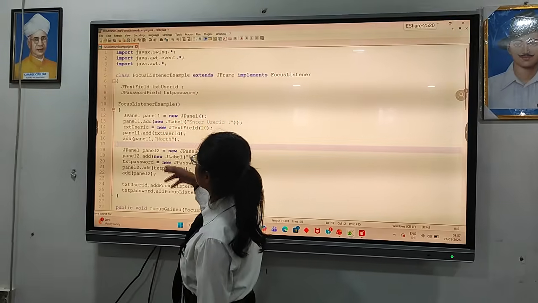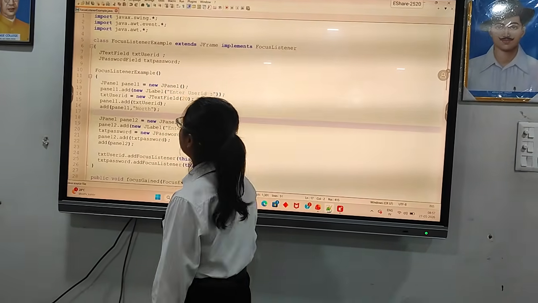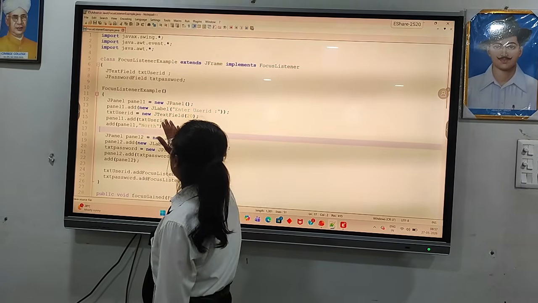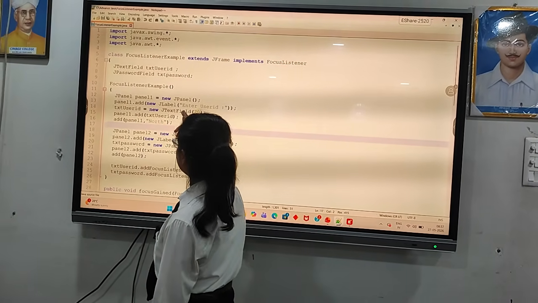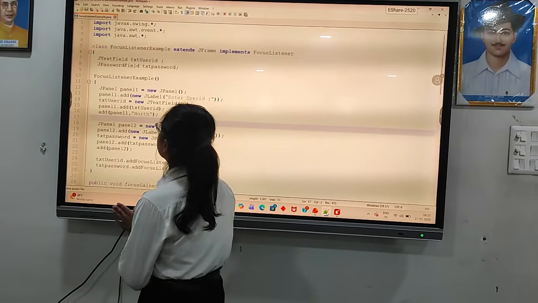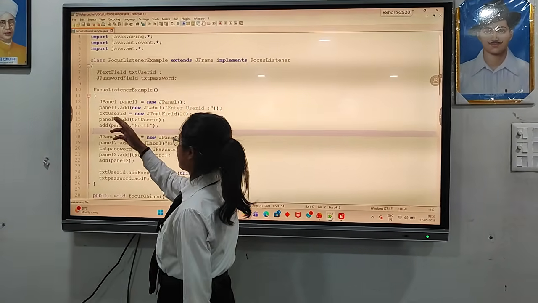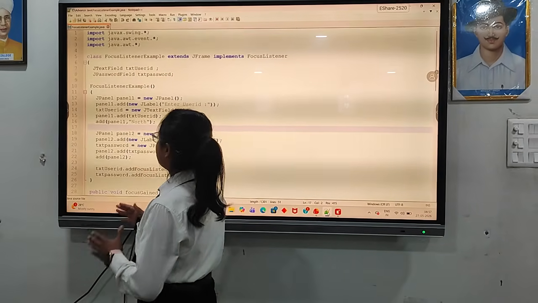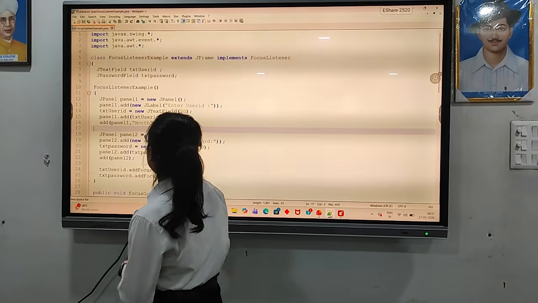This is the constructor FocusListenerExample, and here I have initialized panel1, and I have added a JLabel into panel1, and then we initialize txtUserID, and then we added it to panel1, and the alignment of panel1 is at north.